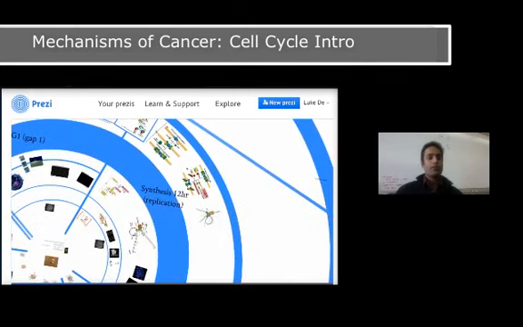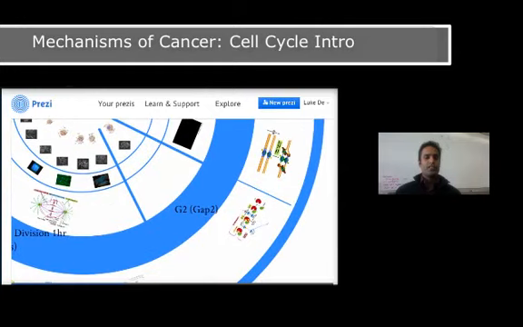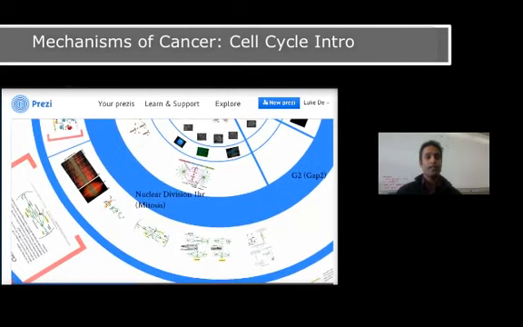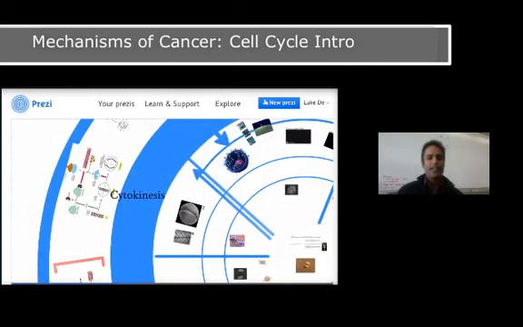We also want to make sure that we generate the machinery necessary for replication, which is the next step, called synthesis, and that is copying of a 6 billion nucleotide long molecule. G2 is going to be the generation of all the machines necessary for mitosis. Because DNA condenses during mitosis, nothing is going to be able to be made during that time, so everything must be made beforehand. We talked about mitosis already, and we've said that that is not cell division, but only nuclear division. And then we have cytokinesis.